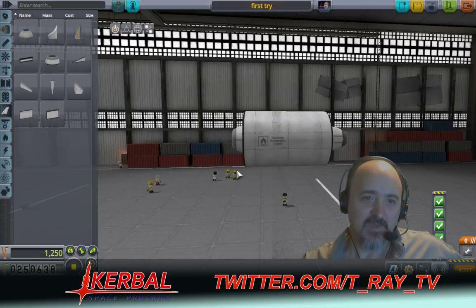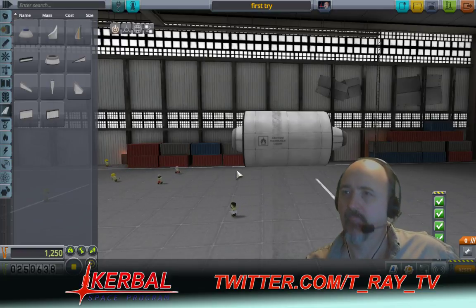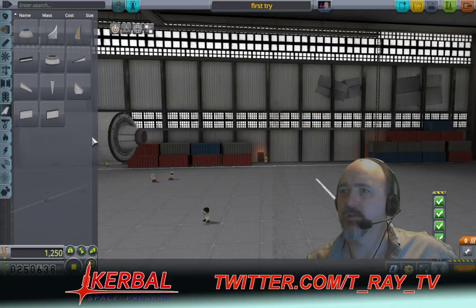What do we have? You have to mount the fuselage tank and then add the other two pieces. Attach the tank to the body of the plane, and then you can add the other two pieces, intake and engine. Alright, let's...